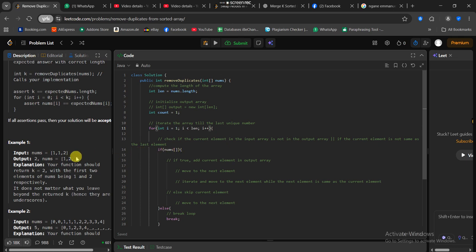And so what we want to do is check if norms I is equal to norms I minus 1, because we check it against the previous. As long as it's not equal to norms I minus 1,